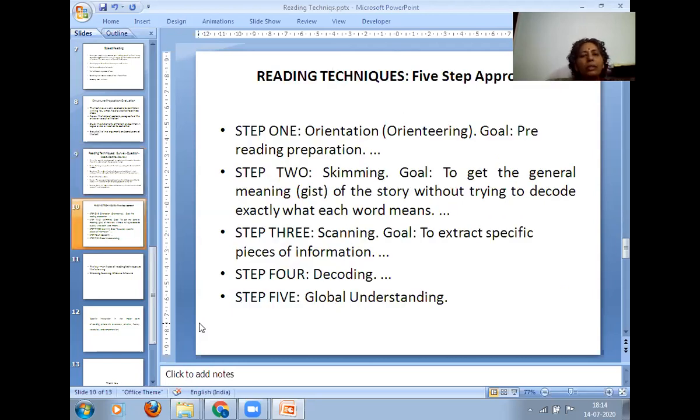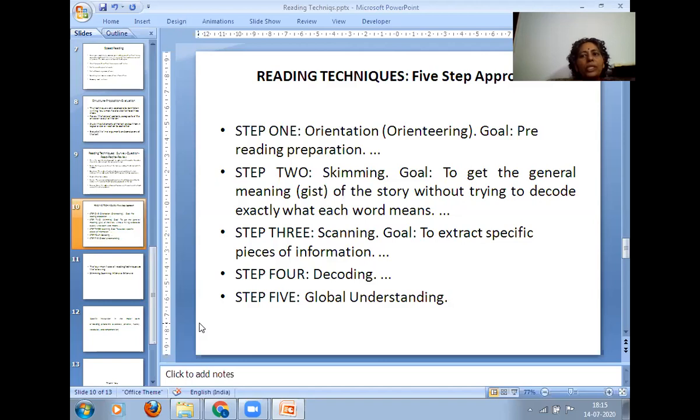The last technique you are going to see, reading techniques. There are 5 approaches. Up to now, how many techniques did we watch here? So 7 techniques I told you: skimming is there, scanning is there, active reading is there, SQ3R reading is there, like that. Structure and evaluation technique is there. Apart from that, you are having intensive reading and extensive reading. Extensive reading is also called critical reading.